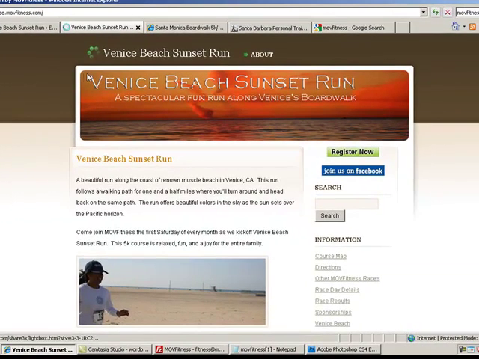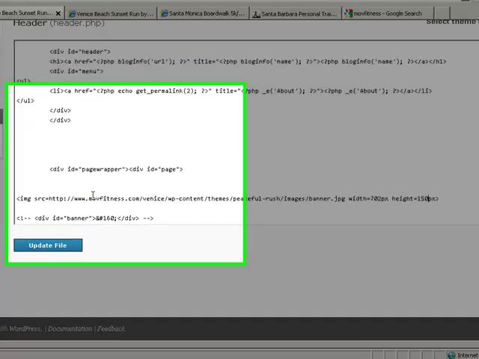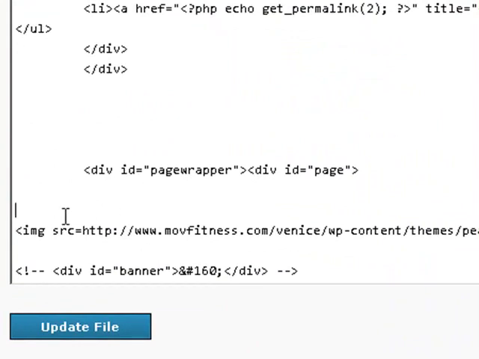Alright, and it has nice rounded edges, and the text is a little bit easier to read than before. But we still can't click on the image for it to go anywhere. So let's go back to our header. Now that we have the right image in here, let's put in a